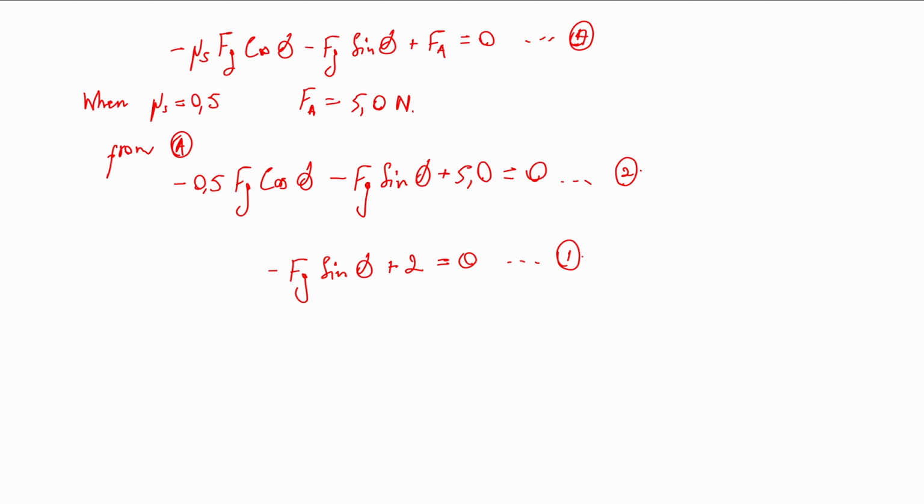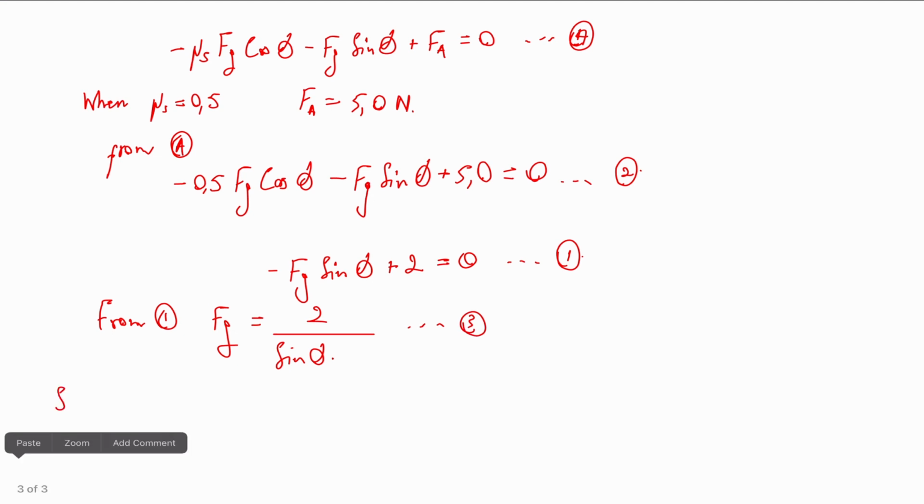Let's say from 1 we know that Fg is equal to 2 divided by sine theta. Let's call this equation 3, then substitute equation 3 into equation 2. This will hopefully convince you